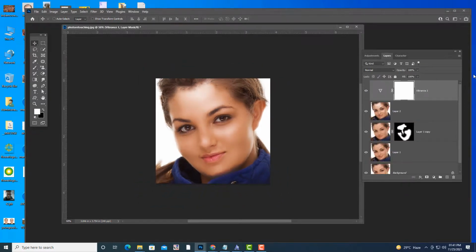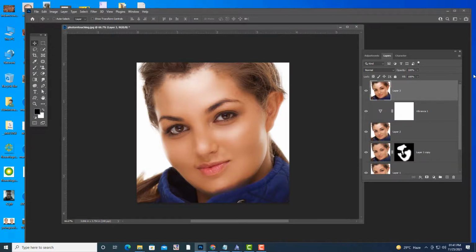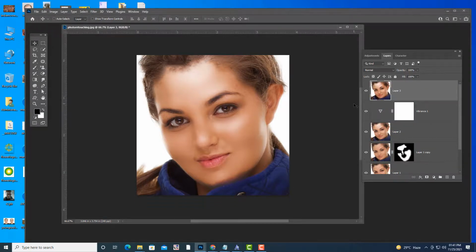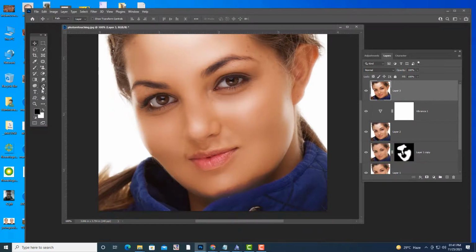Okay. And one last thing we are going to do is give some makeup to her lips. We are going to give some lipstick makeup. For that, I am going to first select her lips using the pen tool, taking the option as path.